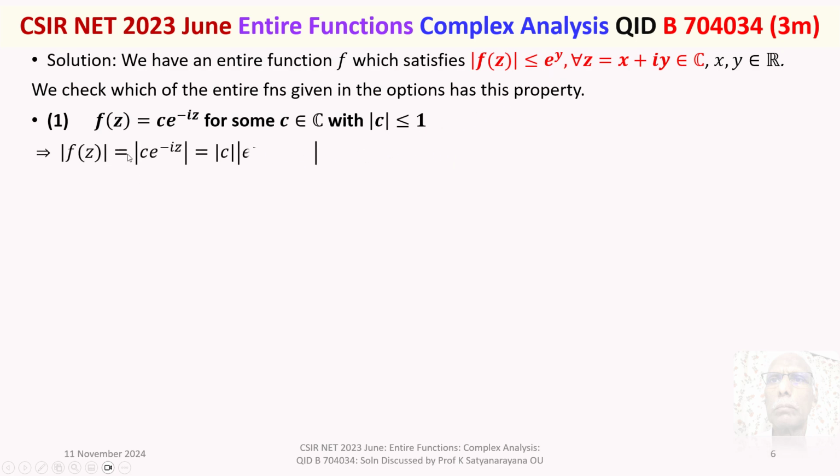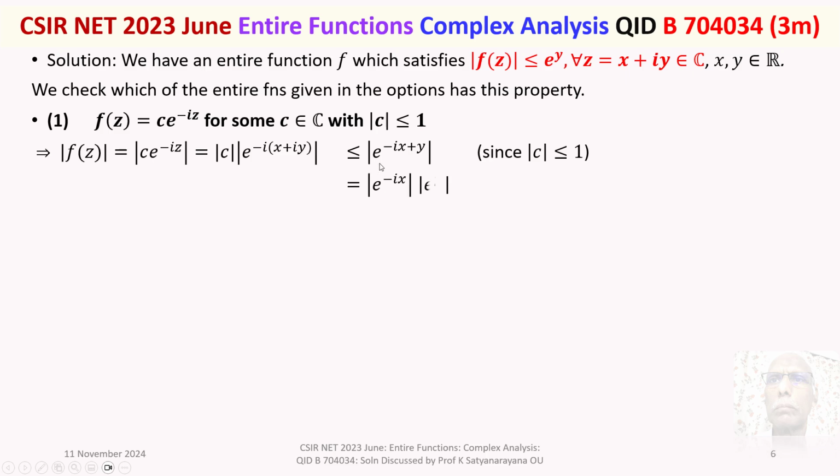Now mod of f(z) is equal to mod of c e power minus iz, which is mod c times mod of e to the power of minus i into, for z we write x plus iy. And mod c is given to be less than or equal to 1, so this is less than or equal to mod of e to the power of minus i into x minus i into iy, which is minus ix plus y. So it is less than or equal to e to the power of minus ix plus y,